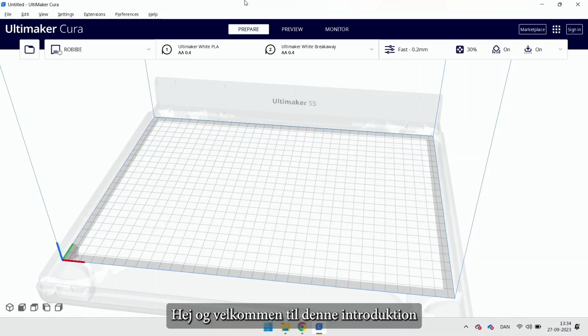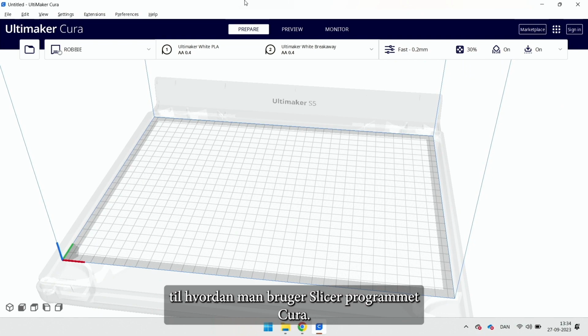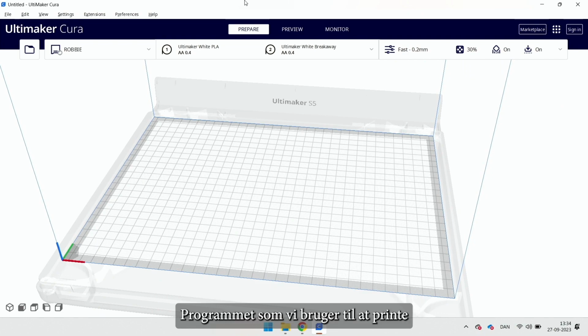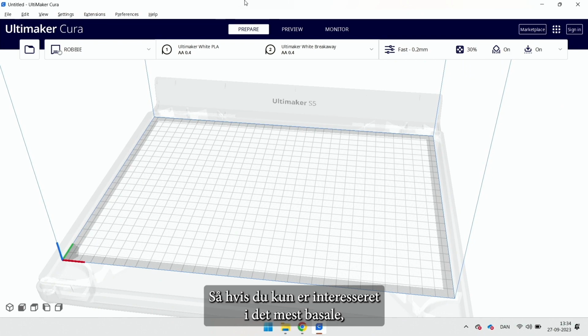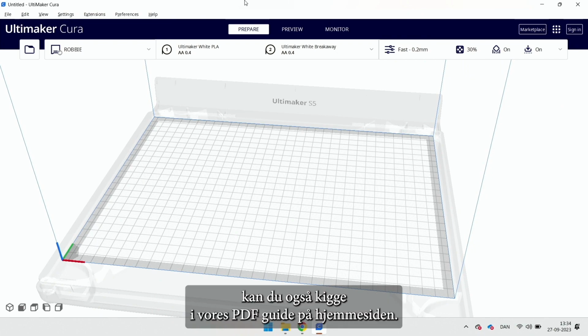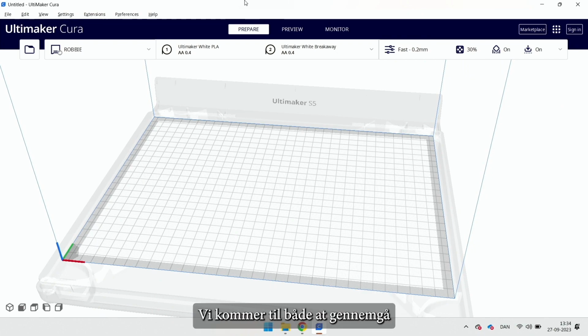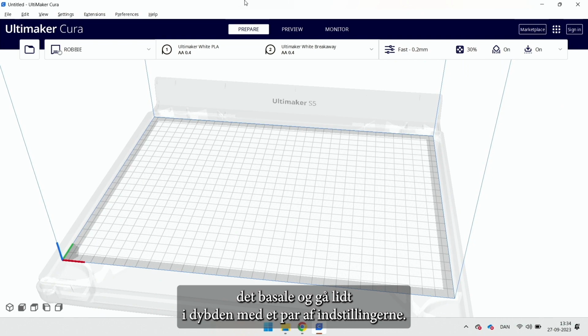Hello and welcome to this introduction on how to use the slicer software called CURA, which is the software we use to print and set up our prints for our 3D printers in Maker Lab. And in this introduction we are going to go over more than just the most basic stuff. So if you're only looking into doing the most basic things, you can always check our PDF guide. This is also going to cover the basic things, but we're going to look a bit more into some of